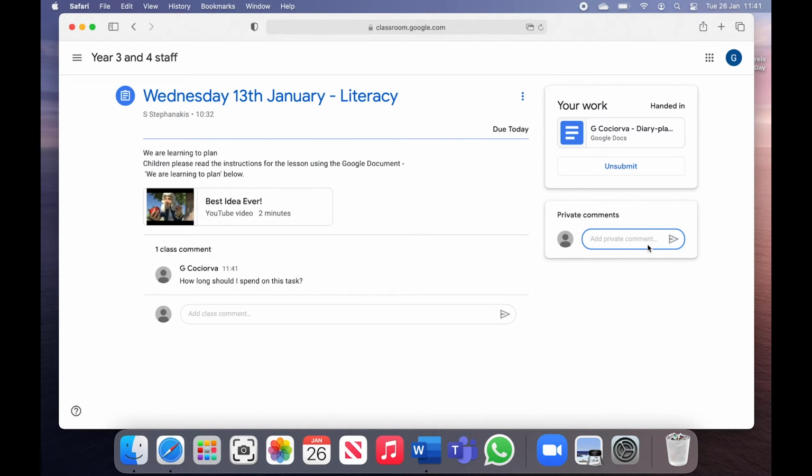So on the private comment, I'm going to say, I have finished my work. I hope it is correct. So I'm going to send this. I would like you to always go back and have a look. You might have a comment from your class teacher asking you to do something else. So it's really, really important that you always check your work